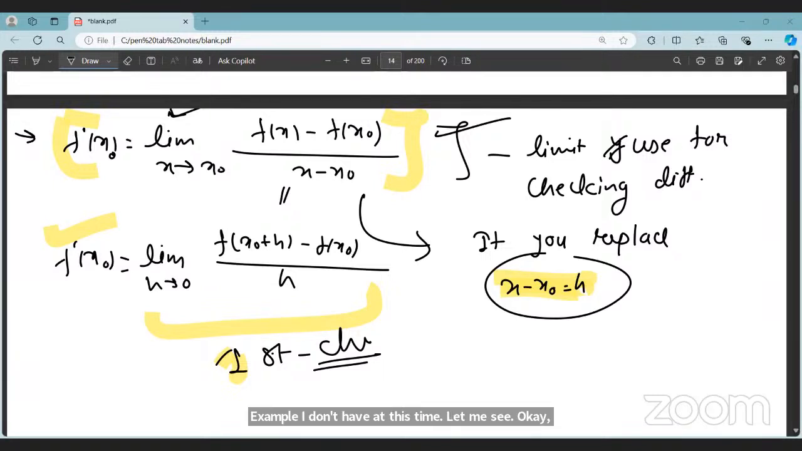Now let's move towards left hand derivative, right hand derivative. Ma'am,